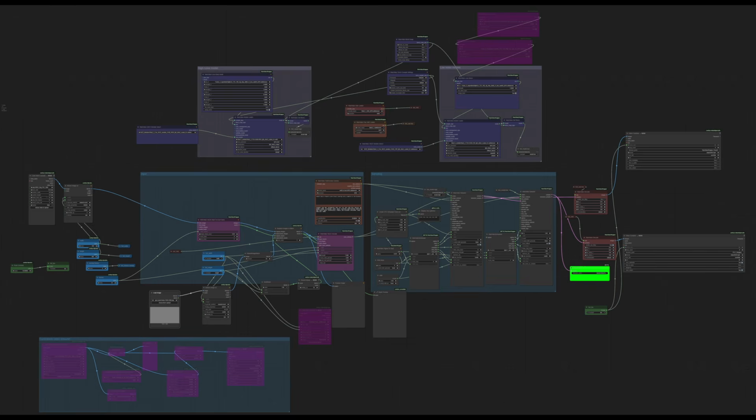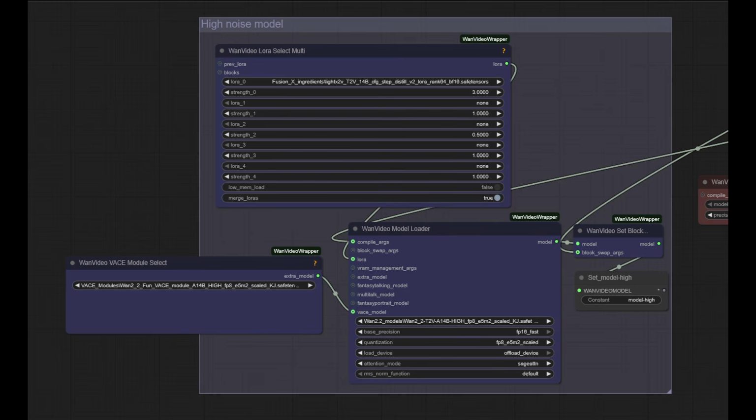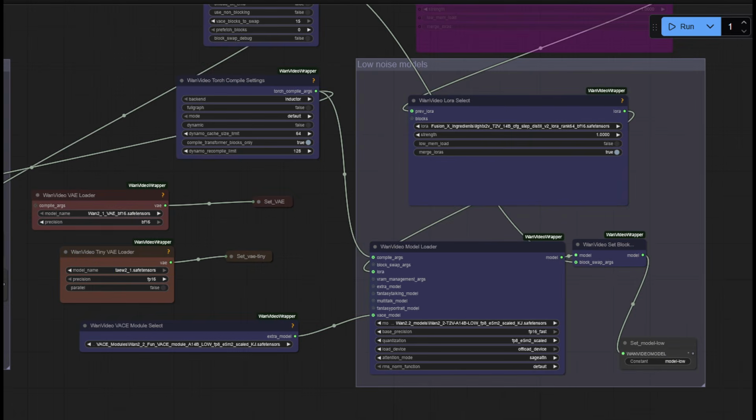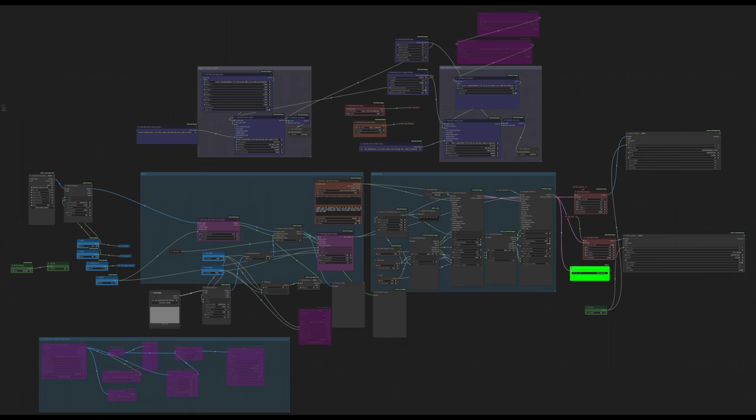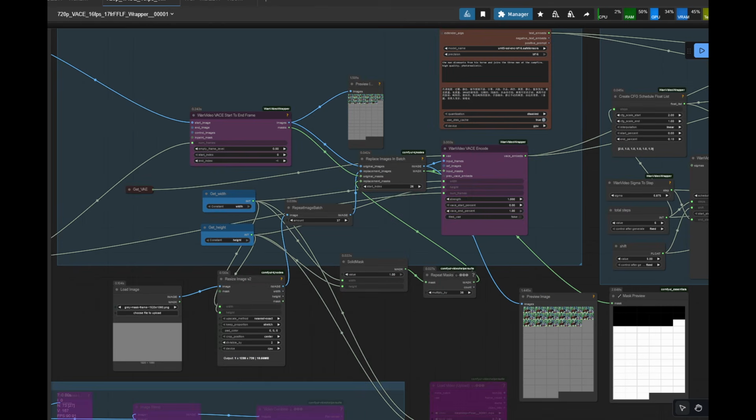And today we are talking about VACE, and to give you a heads up, we will be looking at the VACE 2.2 module with WAN 2.2 dual models. This workflow is based on the FFLF workflow I shared in the FFLF video, but we will be adding in nodes that allow us to inject frames into existing video clips, and in doing so, change those existing video clips. First, I will show you extending a video using the last frames of a previous video clip.